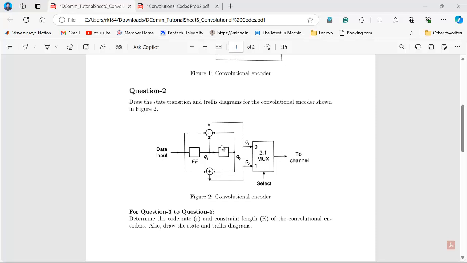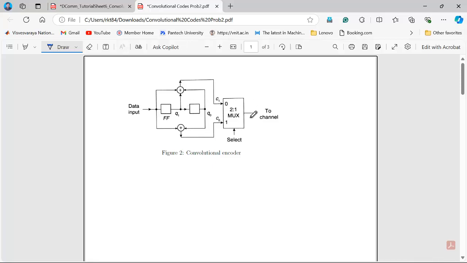So now see how we can solve this problem. First we will draw the state transition diagram, then the Trellis diagram. I just copied this in a separate sheet. First we have to represent this diagram in terms of equations, as previously I discussed, because once you represent the diagram with the help of equations, you can easily trace the output,